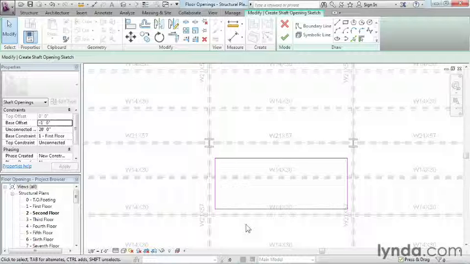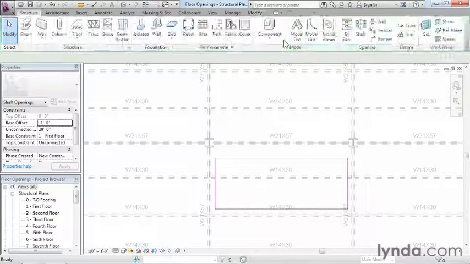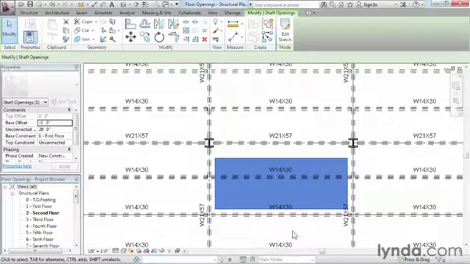I do know that our opening is going to be a little bit smaller than this. So this line ultimately is going to move over in this direction. But for right now, we're just going to click on the big green check mark. What this has done up to this point is create our opening object. And if we take a look at this in a 3D view,